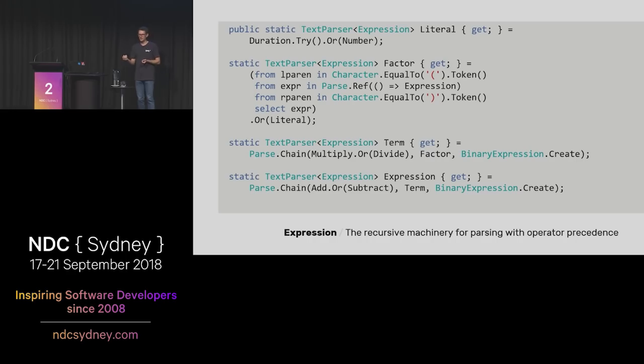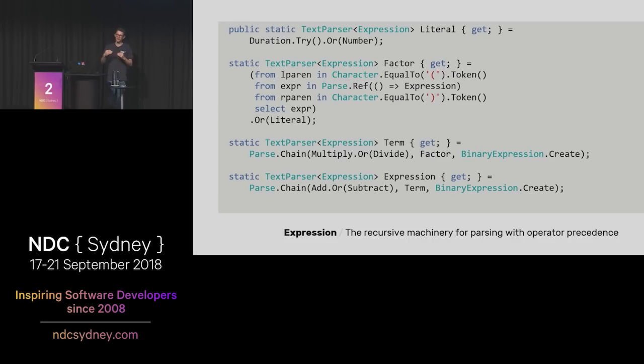So for a factor, we have a left paren, then we recursively parse an expression, and then a right paren. This is how you apply the parser to something like our 1 hour minus 10 minutes in brackets, so that it's grouped up and can be multiplied by another value. Otherwise, the literal is the tightest unit.